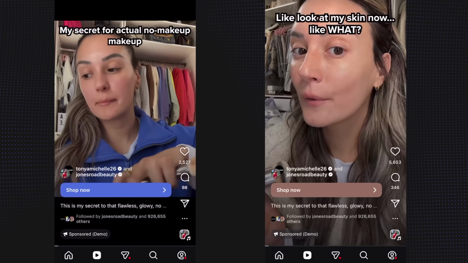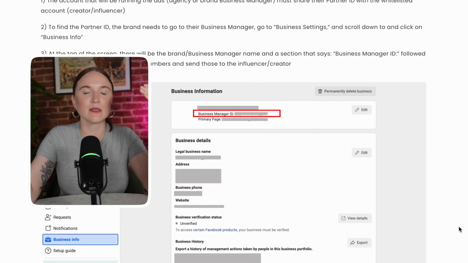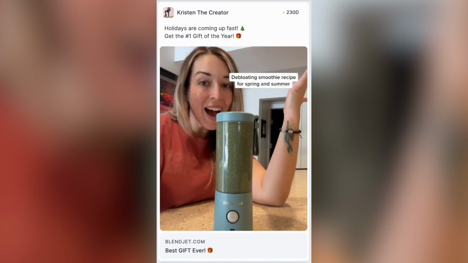Just hold on. So yes, even though partnership ads and whitelisting are different, I would consider partnership ads being the way that brands are shifting to working with creators. Whitelisting is absolutely being phased out. But here's how they are technically different. Whitelisting is when you run your ads directly through a creator's handle. And this was honestly a pretty complicated process for a while, where a creator had to give you access to their Facebook account and their Instagram account through their business manager, and it was an ordeal. But essentially, you could run your ads through a creator's handle, but all of the data that I was using to optimize those ads were based off of your pixel and your ads manager, not necessarily the creator's handle or